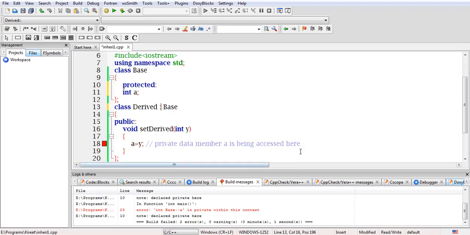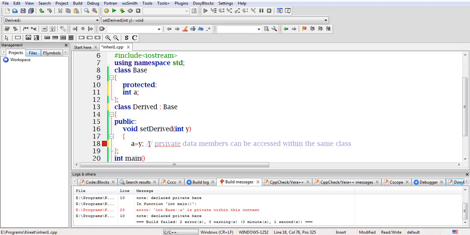So what will be the output now? There will be no error, because private data members can be accessed within the same class.